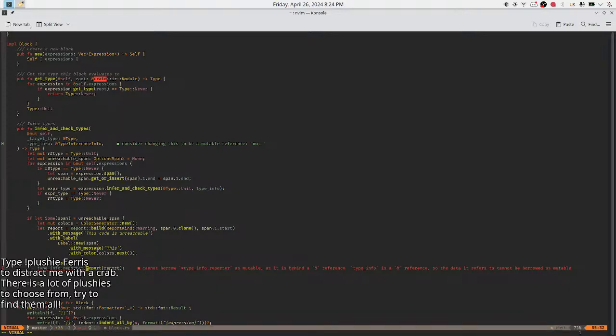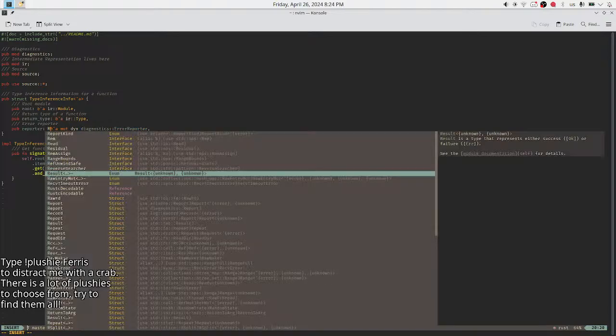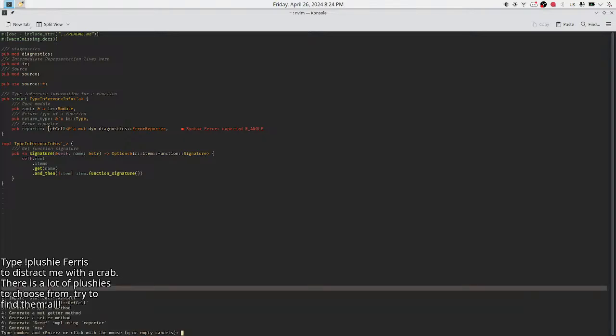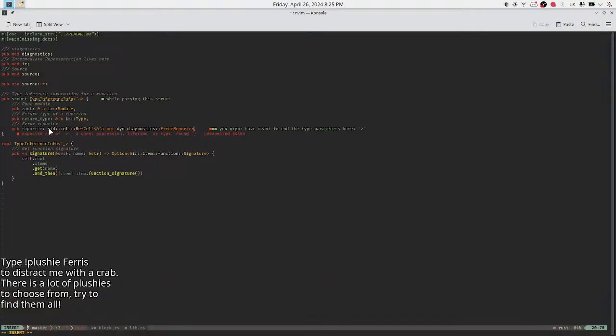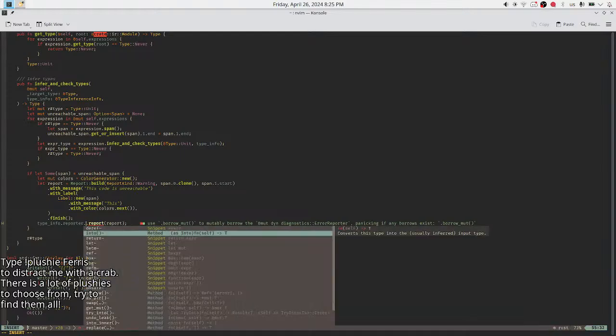Reporter mutable. Oh yeah, I need it to somehow be a mutable reference. I mean, it is a mutable reference. I can make it a ref cell, but it's not really how it works. You normally put a ref cell into something like RC or ARC, arc for short. But here I'm putting a pointer, I mean a reference, inside of a ref cell. Doesn't really matter. I mean, pointer does matter.